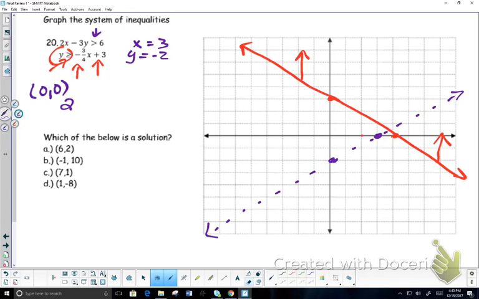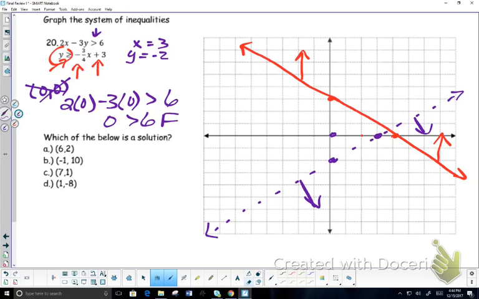And we always plug in (0, 0) as long as the line does not go through (0, 0). That's the only time we get into a little trouble. The reason is that we're trying to find out if (0, 0) is a solution, because if so, it should be in the shaded area. Well, this says 0 is greater than 6, which is a false statement, which means this is not a solution. So this point right here should not be in the shaded region, which means instead we should shade the other